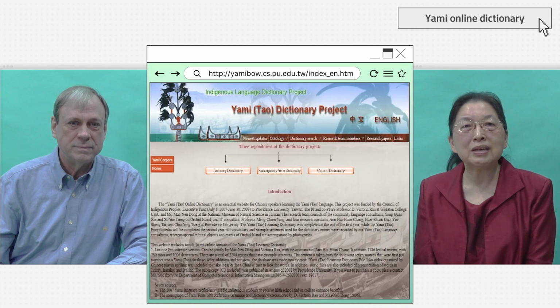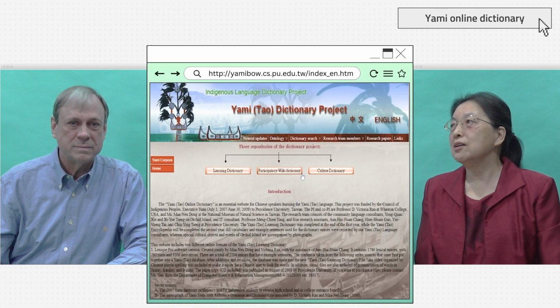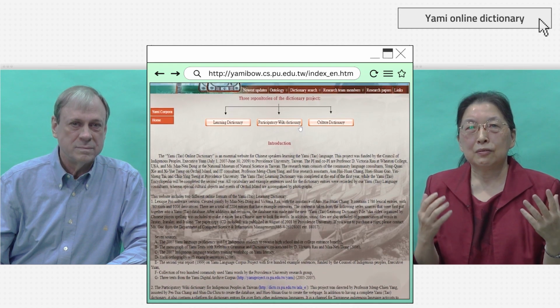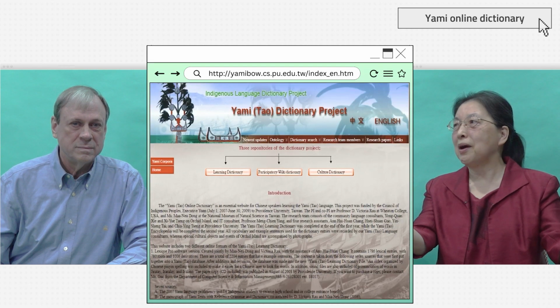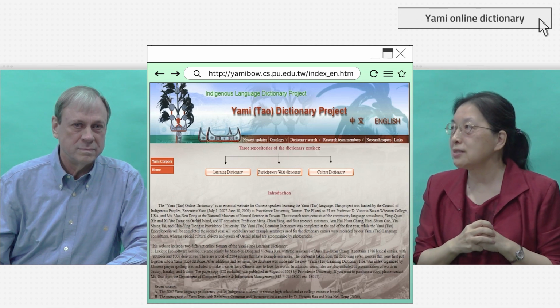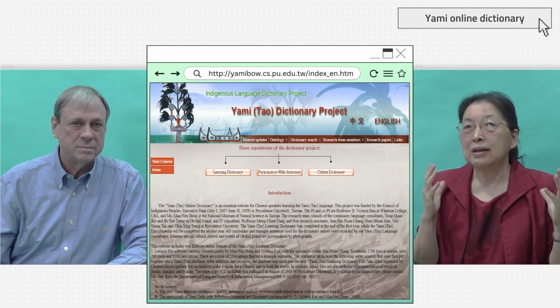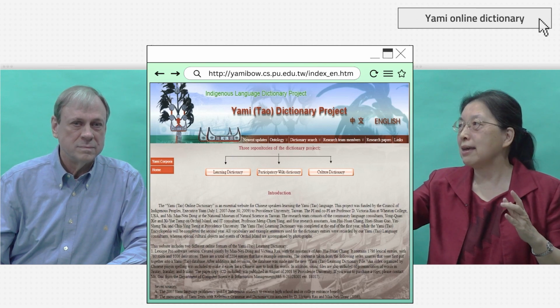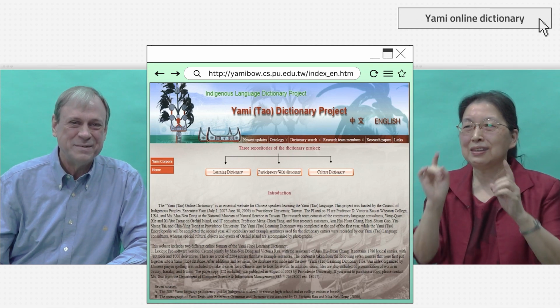But on the other hand, some adventure, some creation 10 years ago or 15 years ago was not popular. For example, the participatory wiki dictionary. 15 years ago, when Professor Yang Mengqian established this category for my Yami dictionary project to elicit new vocabulary words from the speech community, or he actually had the ambition to elicit all 16 indigenous languages' vocabulary so we can contribute.